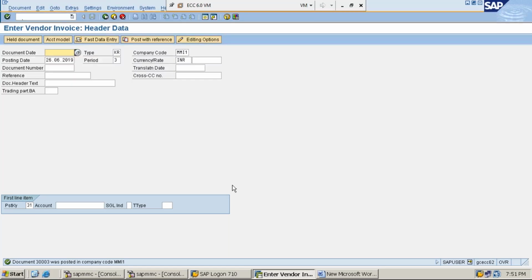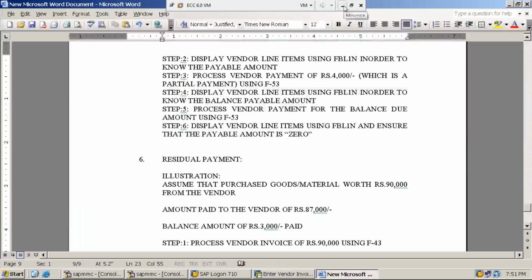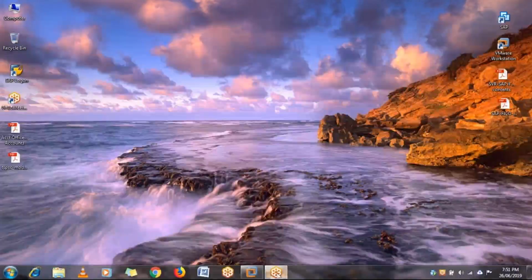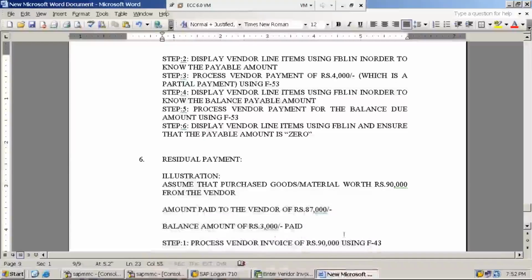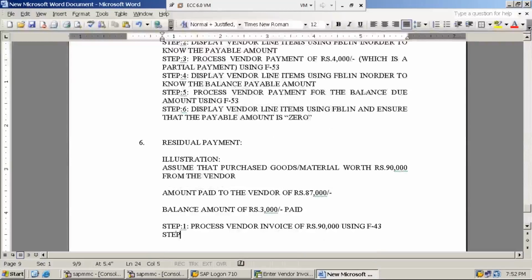As we have processed the vendor invoice for 90,000 rupees for the purchases made from the vendor, if we go and see, the vendor account should show the outstanding balance to be paid as 90,000. So let us ensure that. So next, step number 2. Display vendor line items